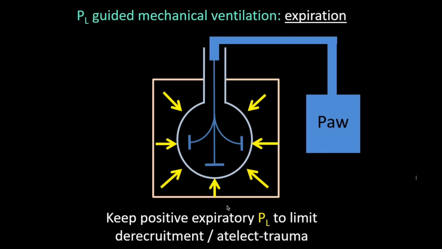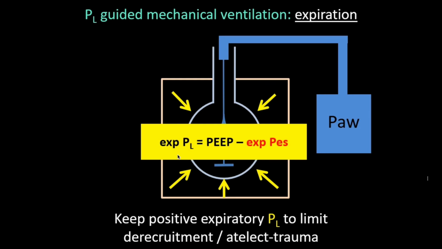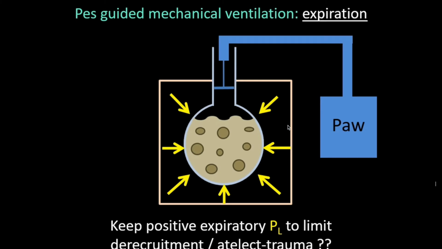The main objective here is to prevent de-recruitment or atelectrauma. This atelectrauma is again something which can result in ventilator induced lung injury. So the objective is to keep the pressure sufficient so that the alveoli are just distended. This can be measured by PEEP minus the expiratory esophageal pressure. This is related to the fact that where the lungs are totally filled with inflammatory fluids, there is very little effect of PEEP. So in those cases, we cannot titrate the PEEP based on the esophageal pressures.